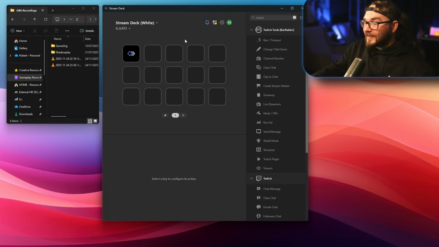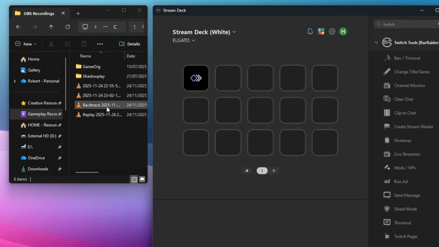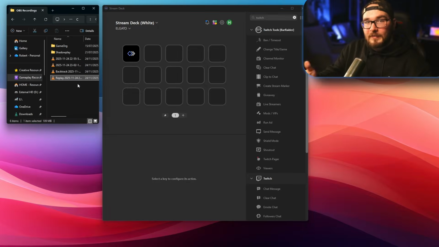Now with this, you're pretty much ready to go, but let's go ahead and test it to make sure that it's working properly. We're going to go ahead and tap the button right here, and then what should happen is we should have two new clips, the backtrack from Atom Vertical and the replay buffer from OBS's horizontal canvas being saved. And of course, if we were streaming, we would get a stream marker placed onto our VOD as well. Nice, that's another step forward.